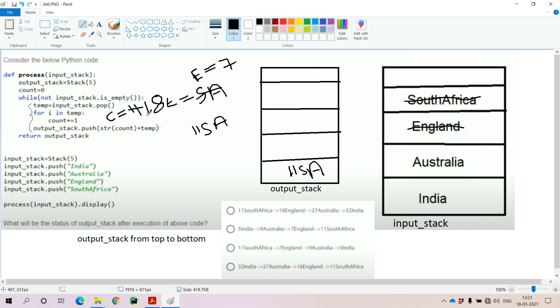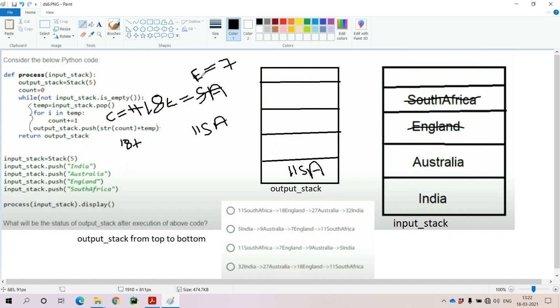The counter variable's updated value at the end of this for loop will become 18. Now in the next line we are performing the push operation to the output stack. Whatever the counter variable value is, 18, we convert it into a string and concatenate it with the temp string.